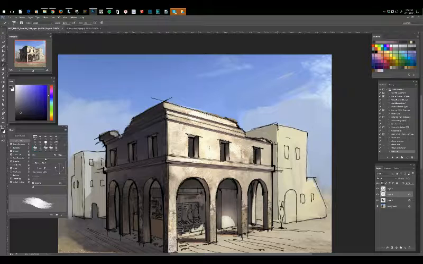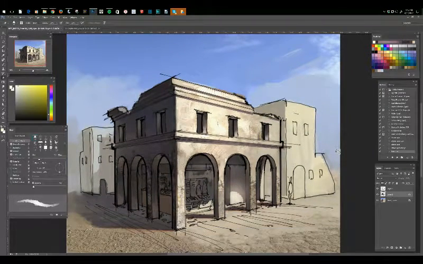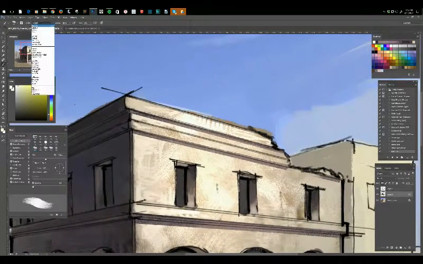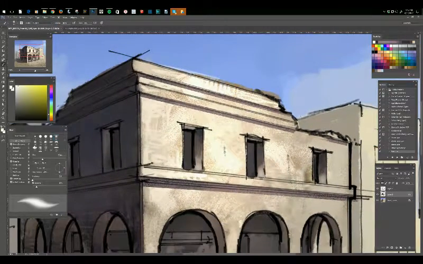probably not something you'd be able to see if you actually looked at a building, but it's just another exaggeration that adds a little bit of color and variety, and it looks like there's something interesting going on, even though you'd be hard pressed to really see that in the real